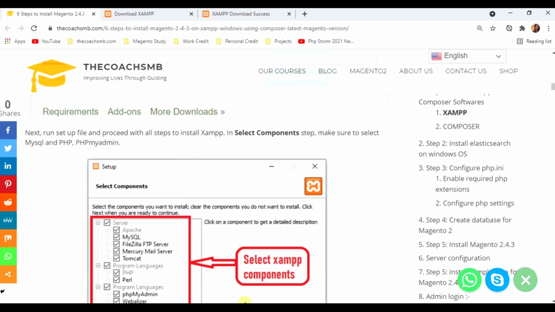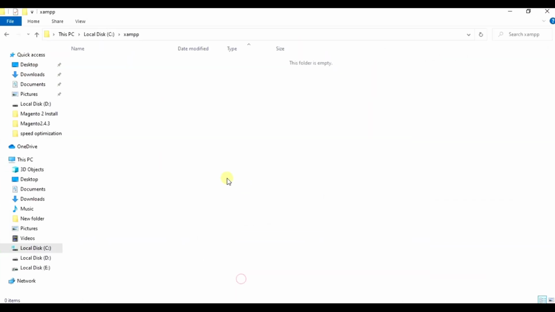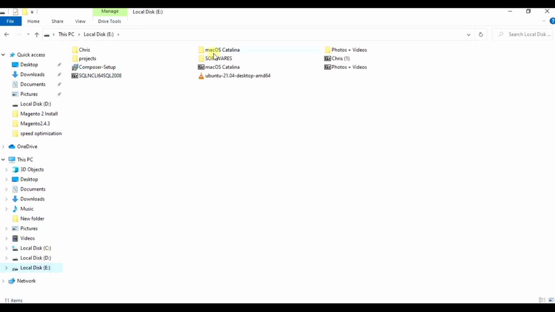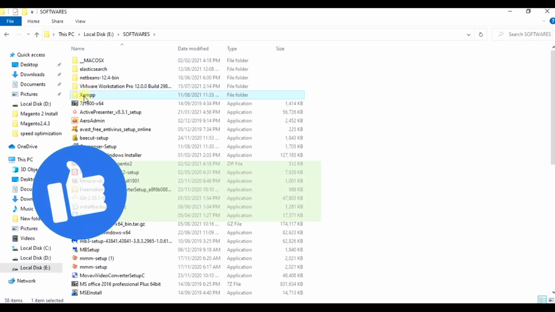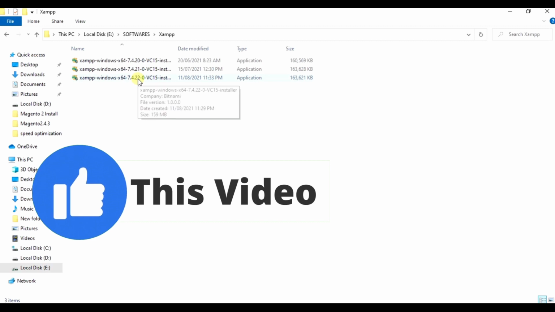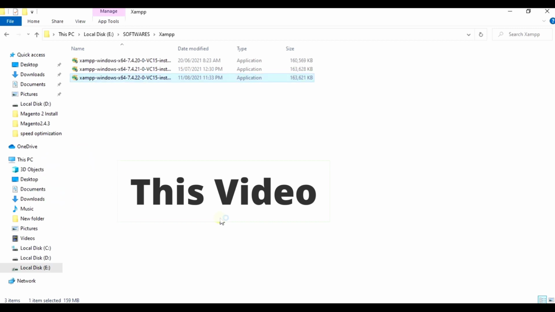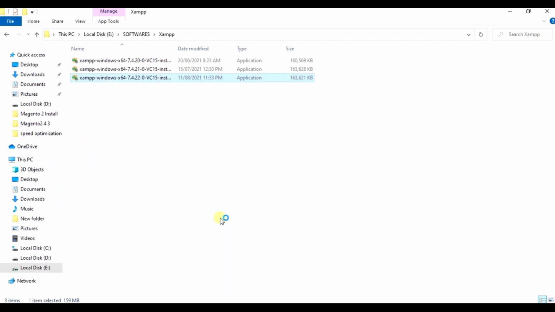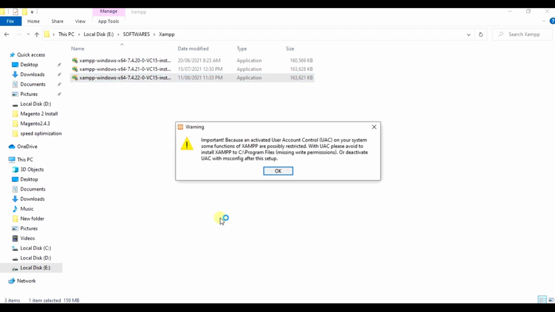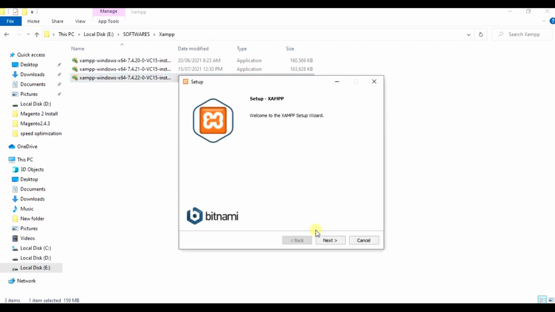To install, let's go to my computer screen, and here in softwares, in the XAMPP folder, it is 7.4.22. To install, double click on this downloaded file, click yes. If you have already downloaded and installed, you can skip this step 1. So click on OK, next,